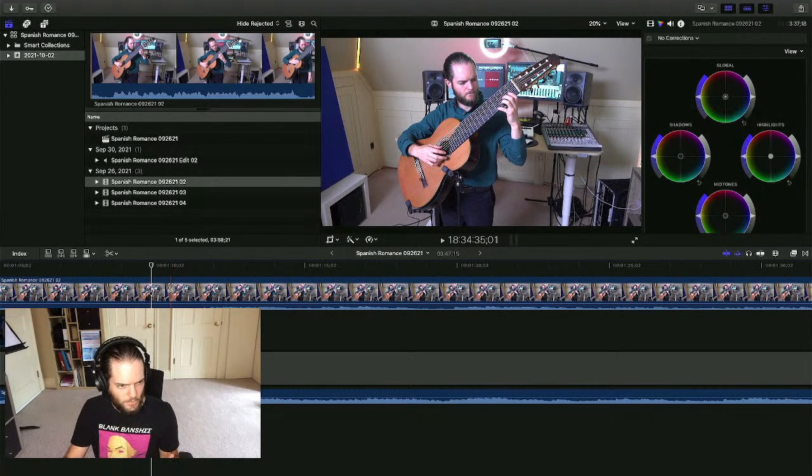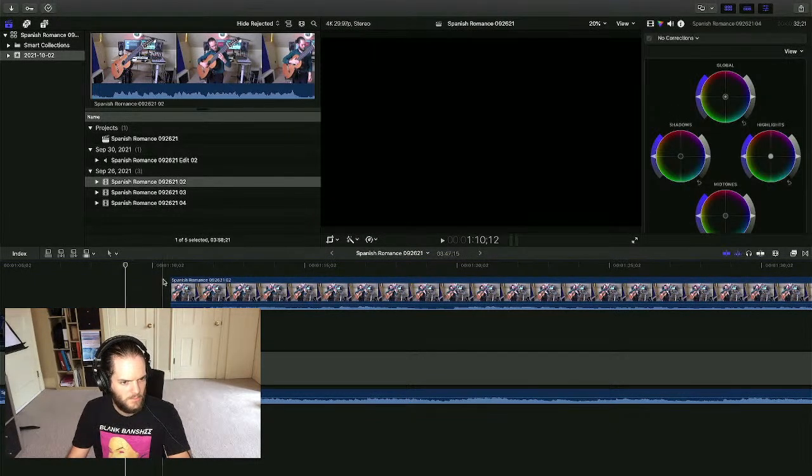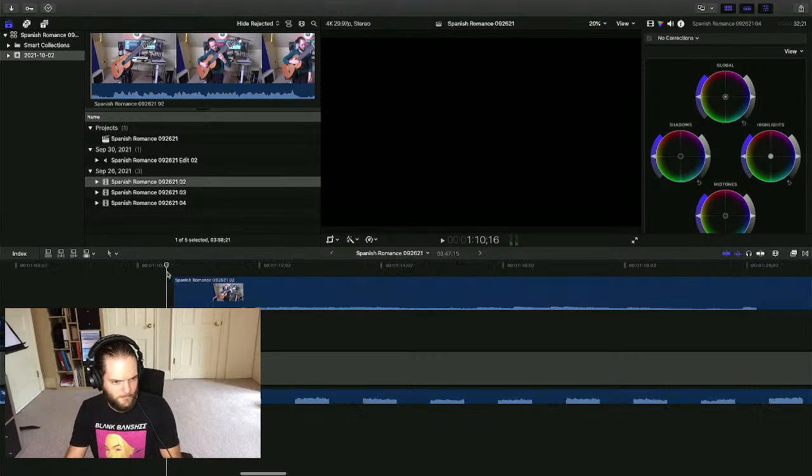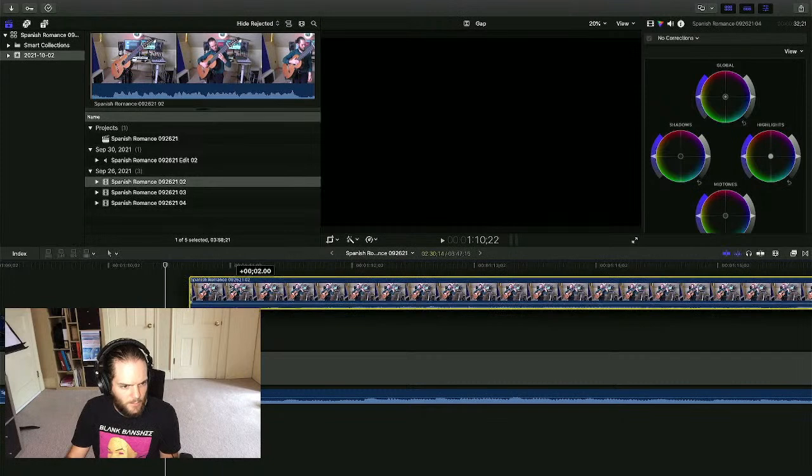So what I'm going to do is I'm going to switch to the blade tool by pressing B again. And I'm going to switch back to the selection tool by pressing A. And then I can delete the earlier part of the take. And then I can sort of line this up